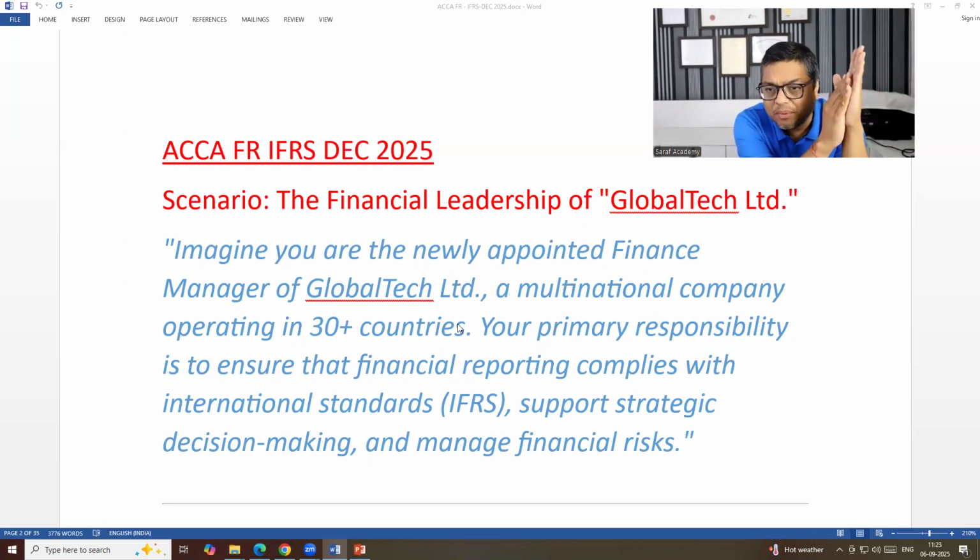So ultimately for both Diploma IFRS and FR exams, you need to have the knowledge of assets accounting, because both need to find out the correct value. One Diploma IFRS student needs to write the correct figure in the balance sheet in the Excel sheet, and the FR student needs to select the correct option. But the knowledge needs to be the same. If the knowledge is there, both will be able to perform.